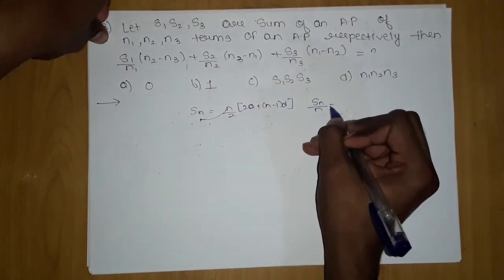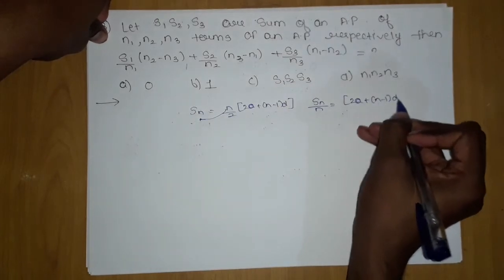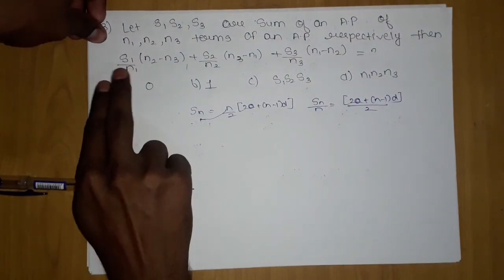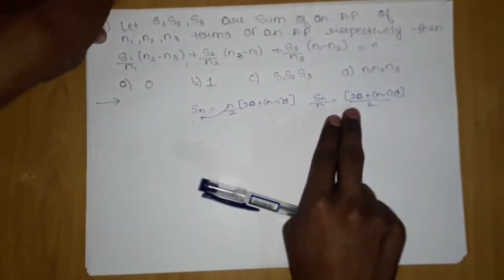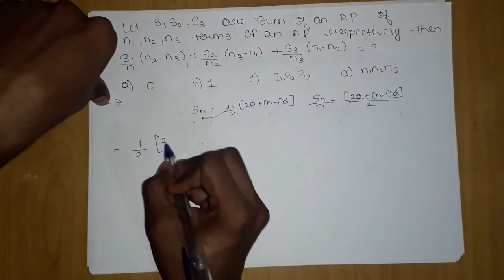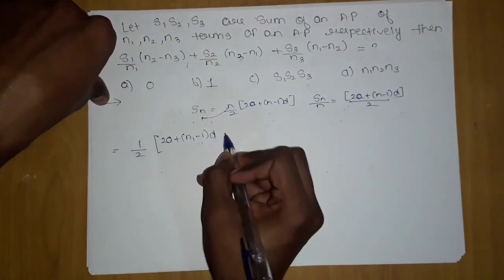Sn upon n is nothing but 2a plus (n minus 1) into d upon 2. Now if I put this value here, 1 by 2 will come common, so we move it outside. So what I will write: 1 by 2, then 2a plus (n1 minus 1) into d,